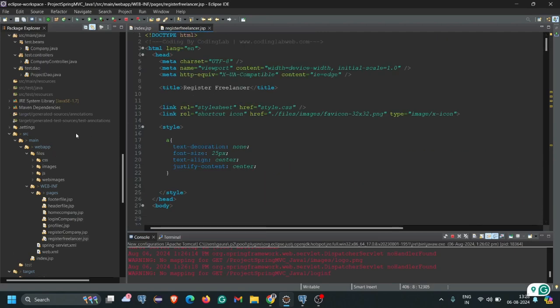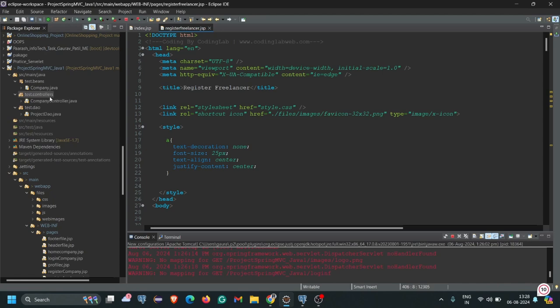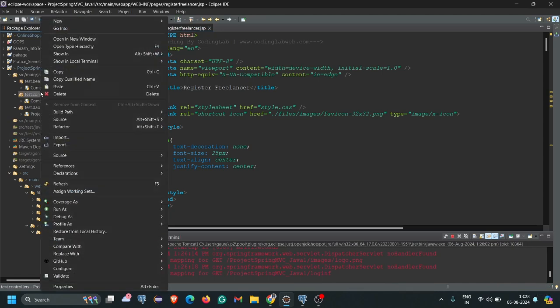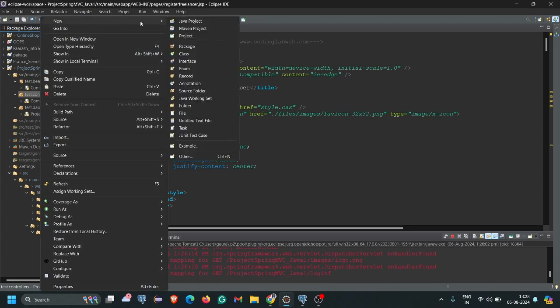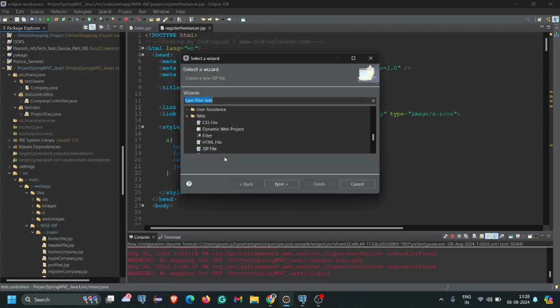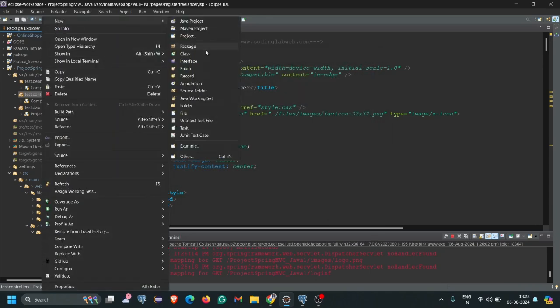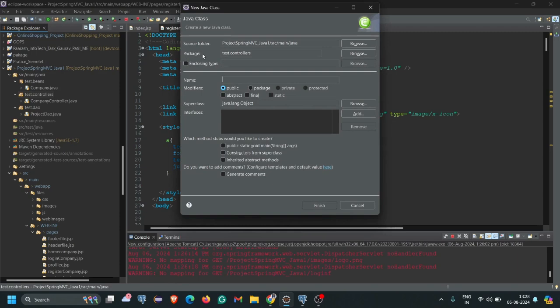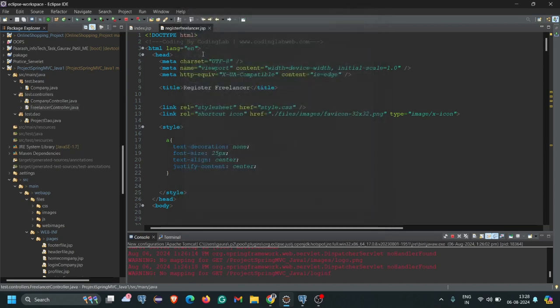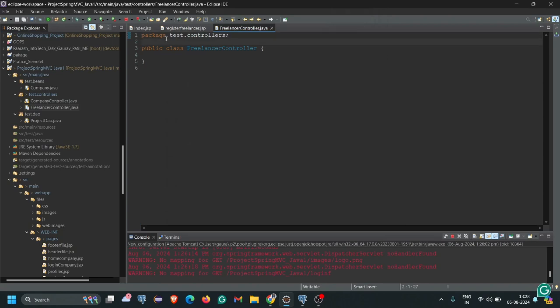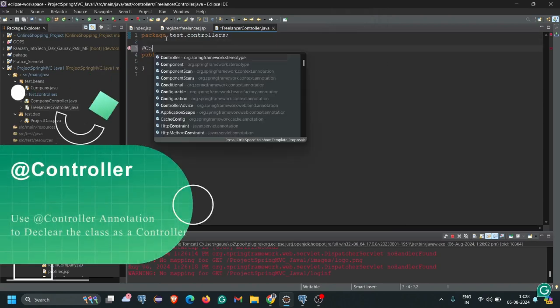To load this page we have to write the mapping of that particular page in our controller. For the freelancer I am creating a new controller, a separate controller for the freelancer module. So double click on test.controller, then new, then we create a FreelancerController class. Click on finish,